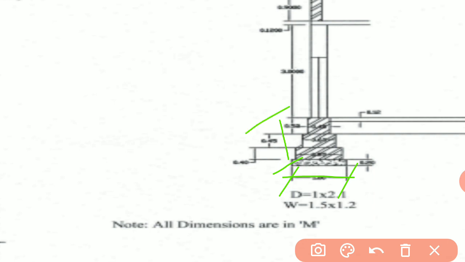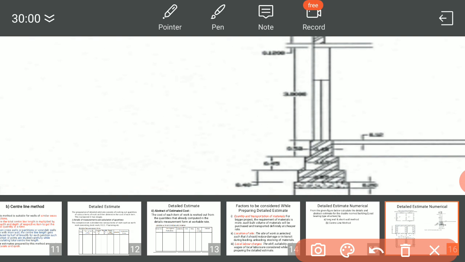According to these steps there are three steps, 1, 2 and 3. These three steps have separate widths and heights, so we'll consider them step wise. We'll calculate the PCC work step wise over here, and then this is the actual wall that we are talking about, and this wall thickness is 0.3. I think it is not that much clear in this picture. I will share this PPT and you will get all your doubts cleared.